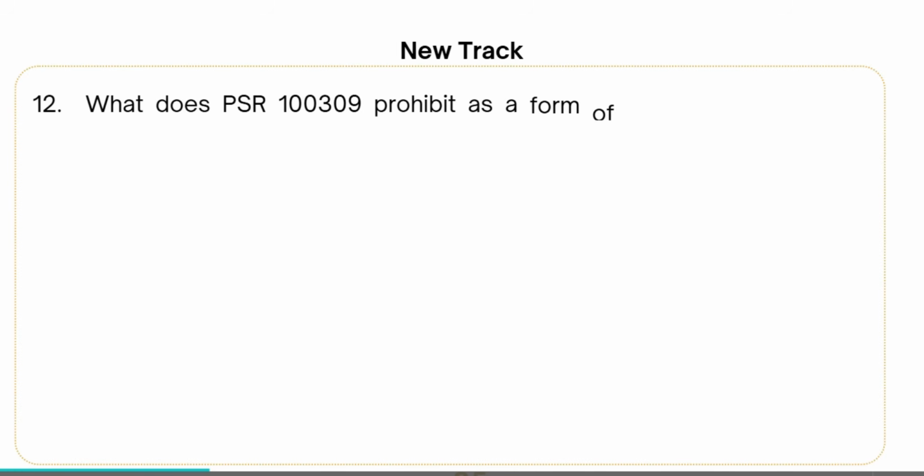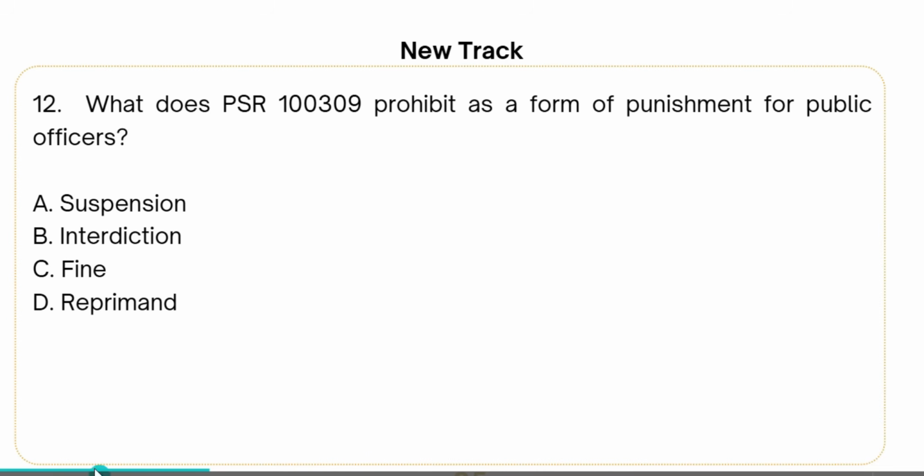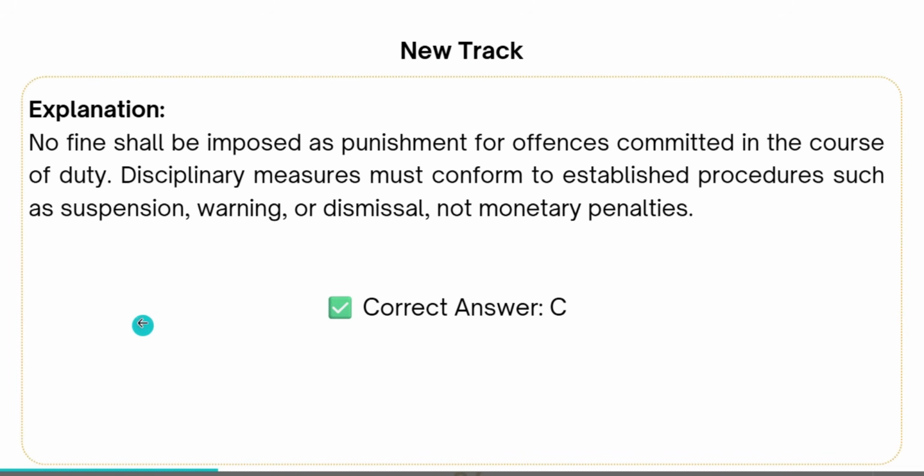Question number 12. What does PSR 100309 prohibit as a form of punishment for public officer? A. Suspension, B. Interdiction, C. Fine, and D. Reprimand. The right option is option C, that no fine shall be imposed as punishment for officers